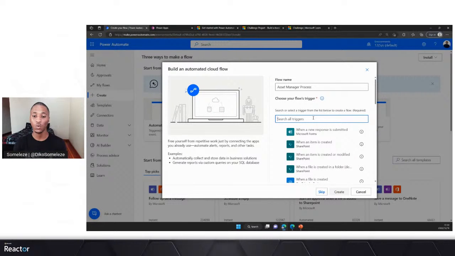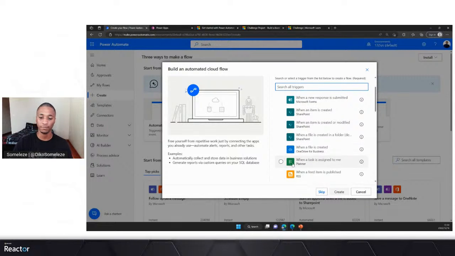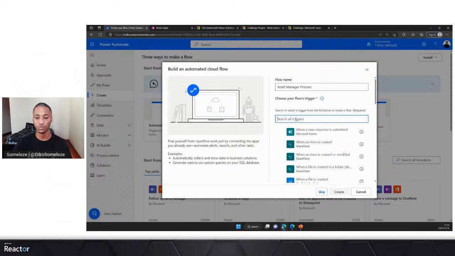So in this case, when you want to specify the trigger for your flow, you can choose from the different kinds of triggers that are available. There's a Microsoft Forms trigger, there's also a SharePoint trigger, and there's also OneDrive and Planner and Gmail. In our case, we actually want it to run on a Dataverse trigger. So we can search for Dataverse, and then we'll choose the second option, which is when a row is added, modified, or deleted, because we want to run our Power Automate flow whenever there's new information or a new request that is being submitted onto our table, right? So we'll choose that, and then we're going to click on